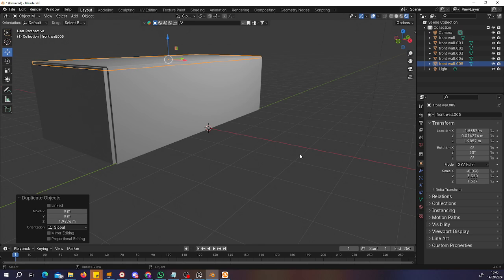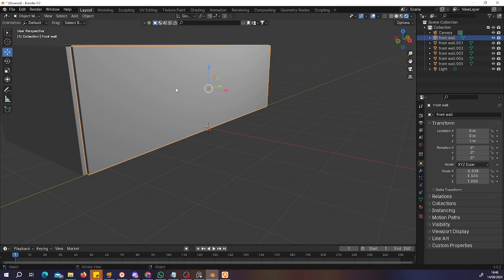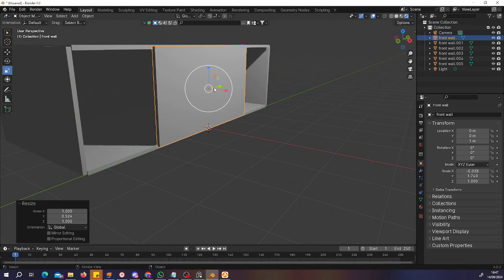But we want a house to live in, so obviously we're going to need some doors. Now, there's numerous ways of doing doors. But one option, and I've seen this done by a lot of creators, and I'm not quite sure why. Sometimes there are good reasons for it, but most of the times there isn't. Is what they'll do is they will get their front wall, and they will basically